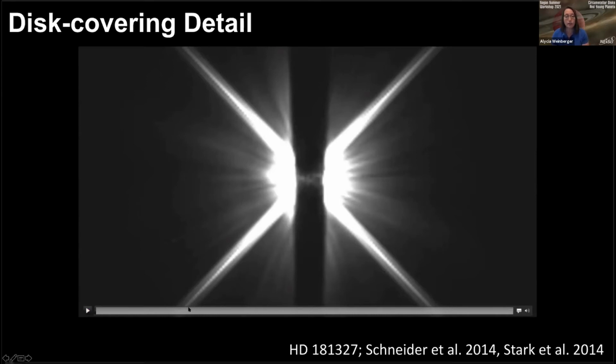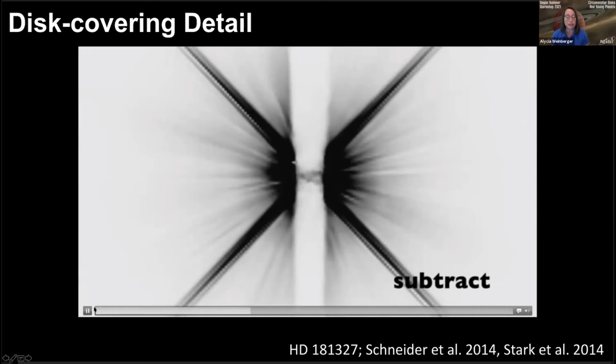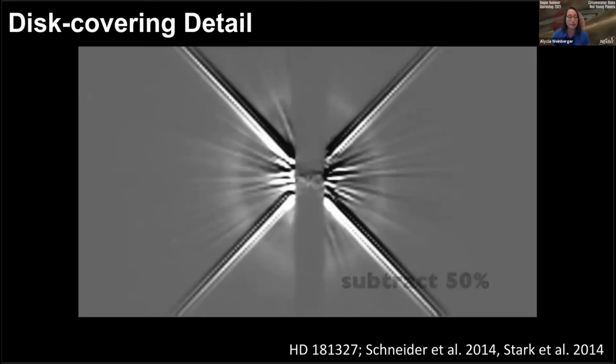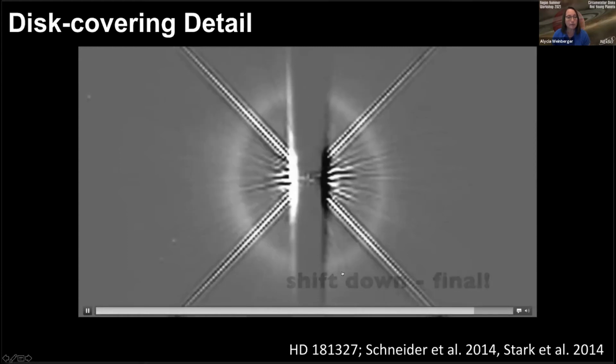You don't know it here, but you're looking at an image of a star with a disk. You can't see the disk because of all that light from the star, even though the star is placed behind a coronagraphic bar in this image. So if we also observe a star without a disk, we can subtract those two images, and Hubble is stable enough to allow us to do that. We of course have to scale the reference star to the brightness of the star. It's not perfectly stable, so we also have to move things around a little bit to align them. But now you can see the disk peeking out now that we've subtracted away the starlight.